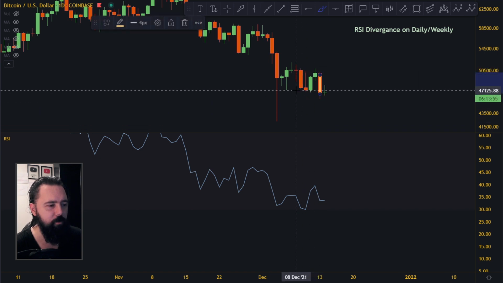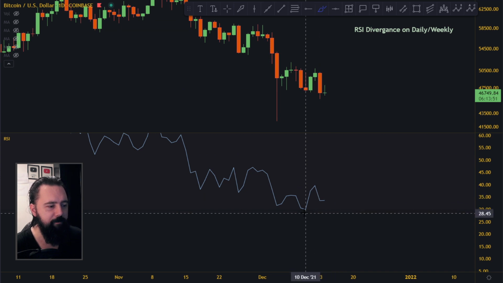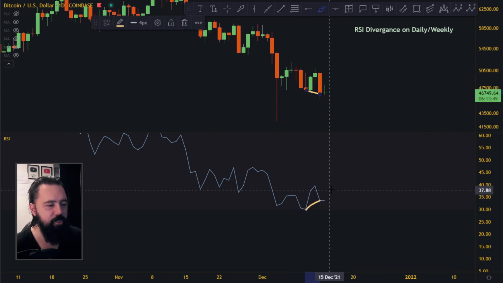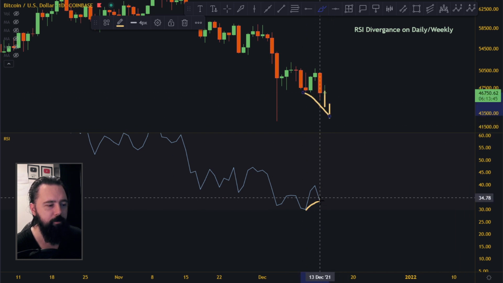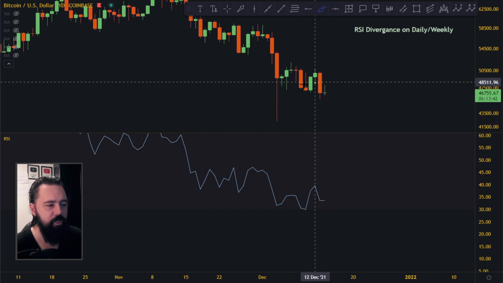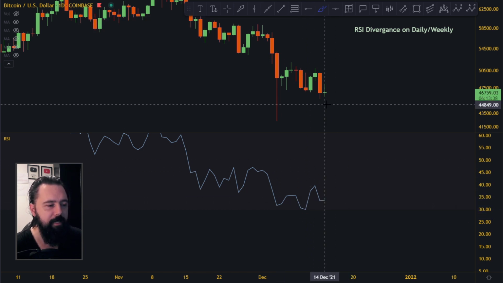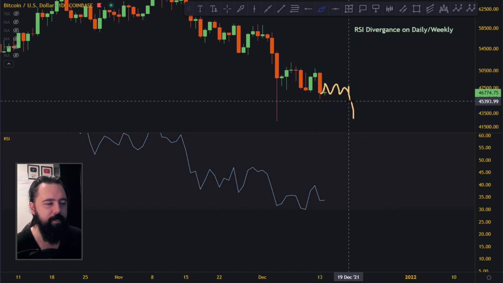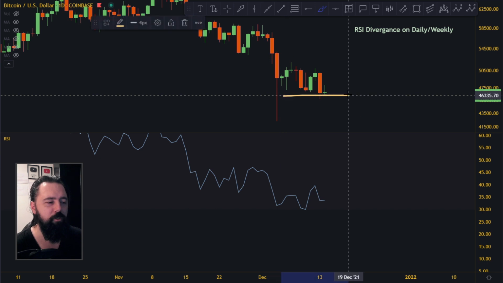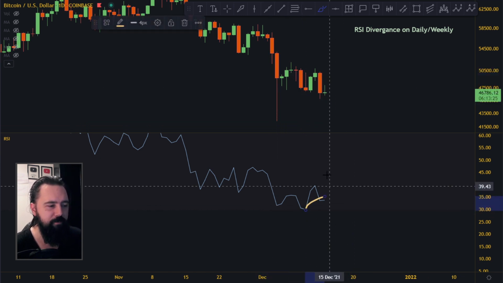When we made this move to the downside, we made it below the previous low down here. So what we have right now is just a regular divergence on the daily time frame up here. Of course, if this continues going towards the downside, there will be no divergence, but right now this divergence is so massive on the daily time frame at very low levels that we are assuming that this has to go a little bit towards the upside or continue sideways before it actually dumps. So I'm still on the bottom trend right now, and I still think this is the bottom. There is divergence.